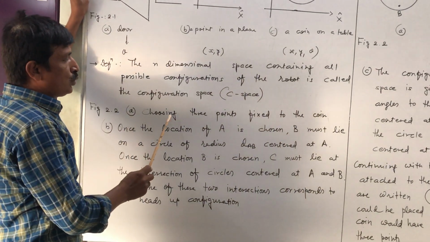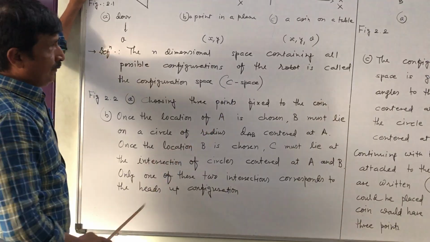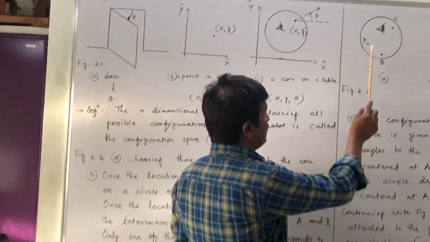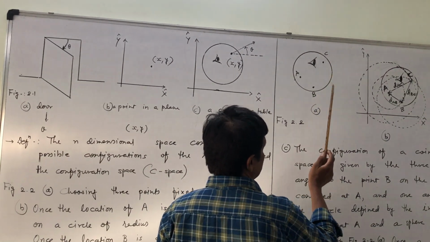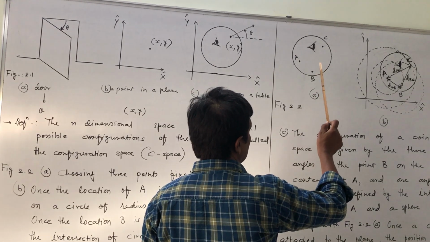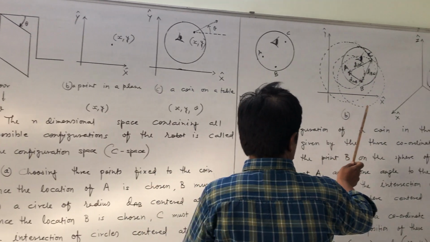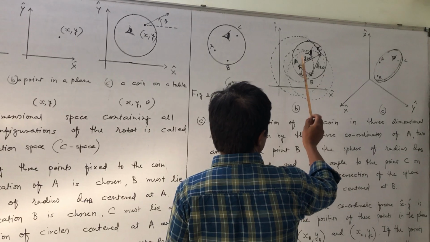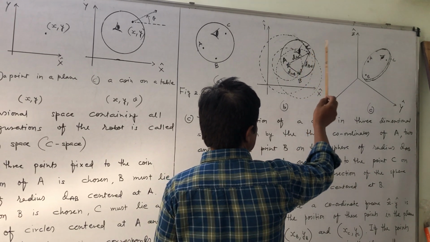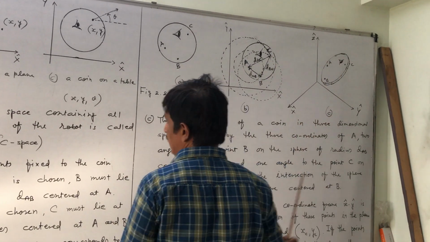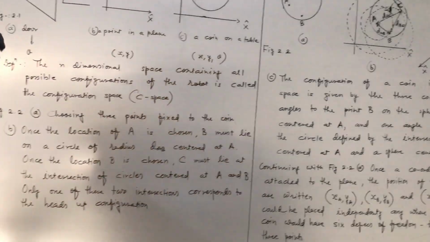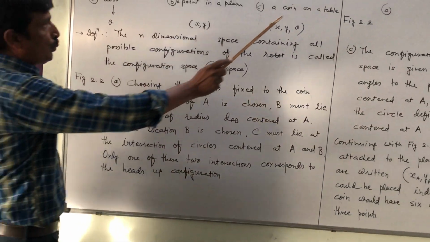Figure 2.2a, choosing the 3 points fixed to the coin. Here, A, B and C. There are 3 points. Here, the coin in the plane, these 3 points A, B and C. And here, the coin in 3D space. So for figure 2.2a,